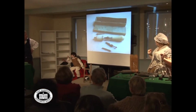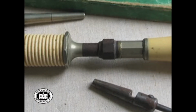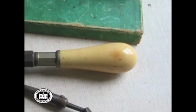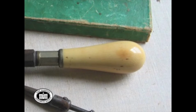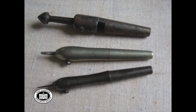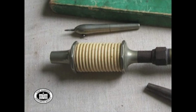So, does anyone have any idea what this is? If you read the paper, you probably have a pretty good idea of what this is. Is it a dental implement? No, it's a drill. But the wonderful thing about it, and I don't know if this is ivory or whalebone, it has probably ivory. It's beautifully made. The curious thing about it is after the drill bit is inserted, it's powered by a bow, which I don't have. But it would actually loop around the grooves that you see, and the grooves are not just grooves, but like threads. They go up and down. So as you're moving,